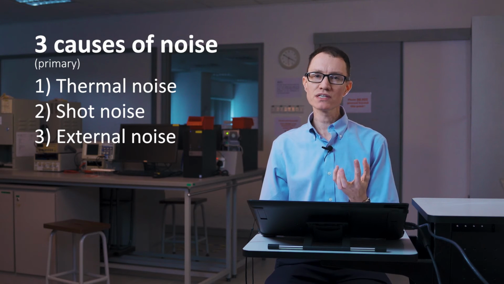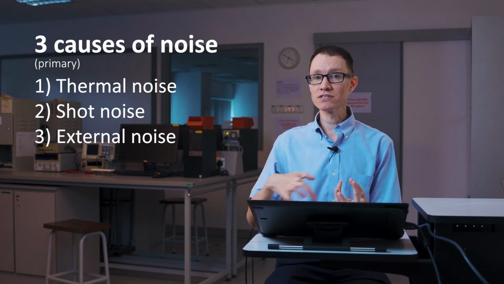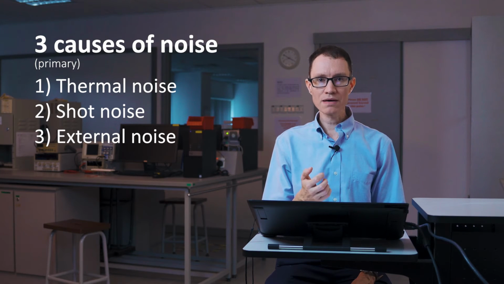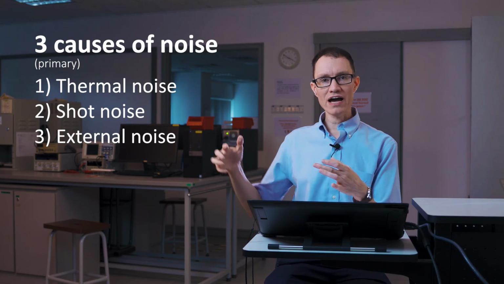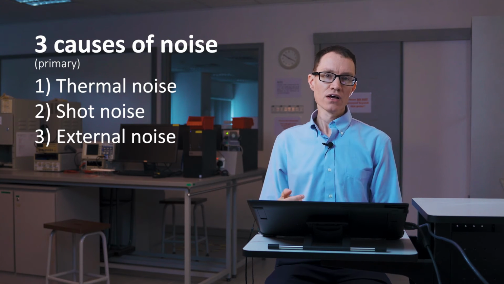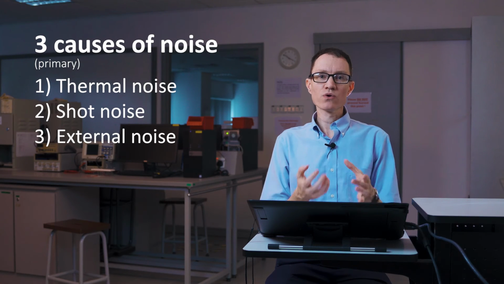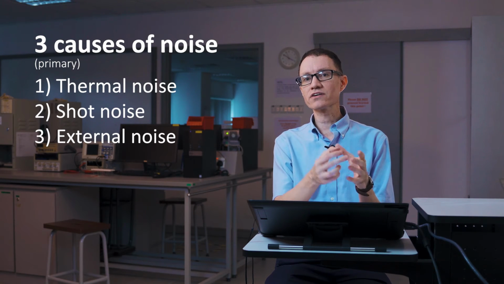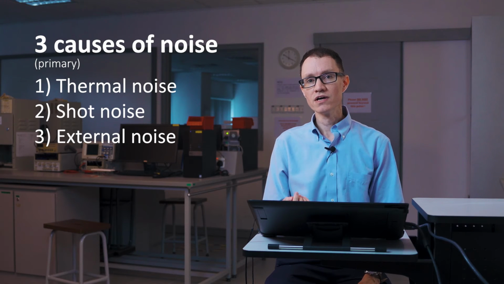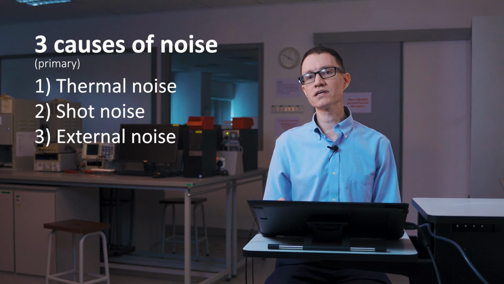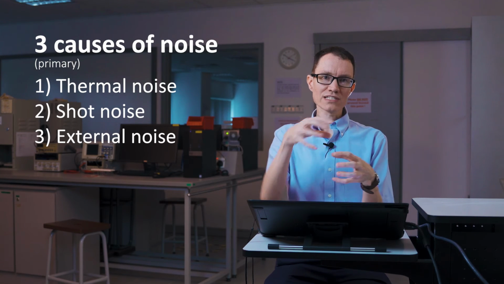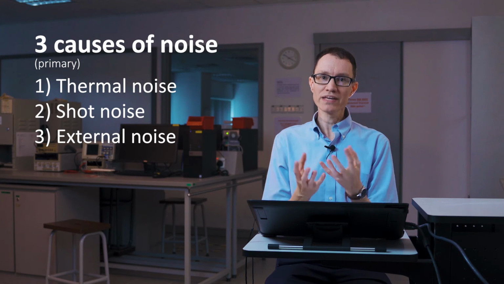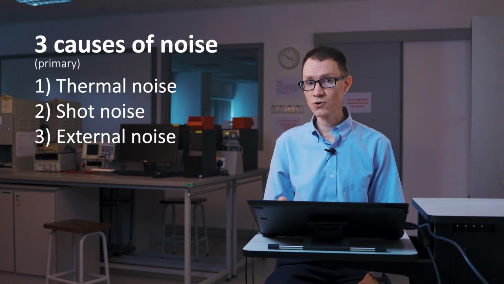The third type of noise that I'd like to consider is external noise. And I'm using the word external to represent many different types of noise that can affect an electronic circuit. One example of external noise, for example, could be radio waves. Anytime you have a wire and you have radio waves in the environment floating around, that wire can absorb some of the radio waves. A radio wave then causes electrons inside of the conductor to move back and forth in sync with the radio wave. So electromagnetic interference, in other words, is a source of noise in an electrical circuit. Also, anytime you're in an electrical circuit, you have noise coming from other components that are nearby inside the circuit, and I'm calling that here also external noise.